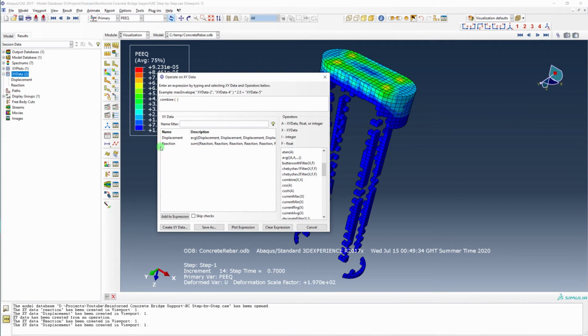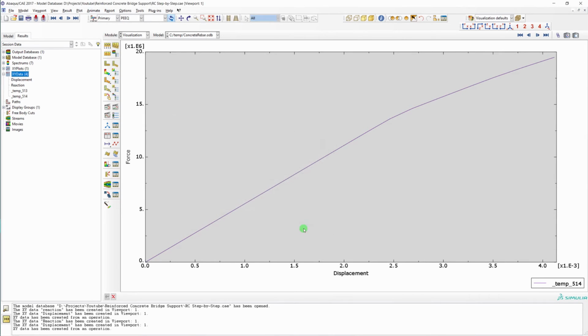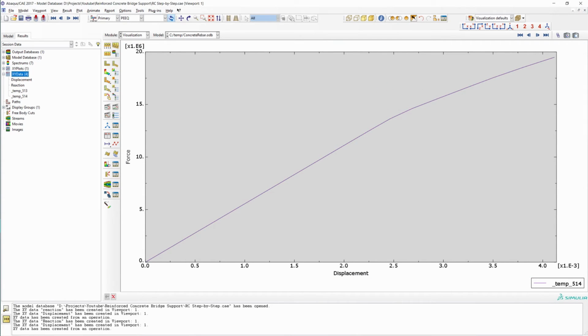So combine displacement, reaction, and because of the sign of the reaction, if you just give it a minus, it'll plot it in a positive fashion for you. Plot expression, cancel. Okay, so this is our load displacement graph for our reinforced concrete pillar with the weight of about 270